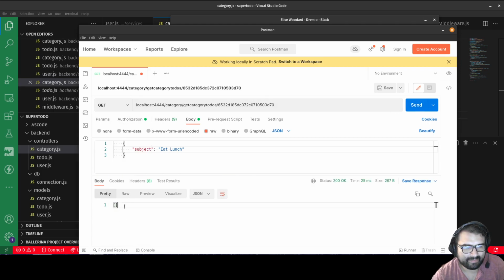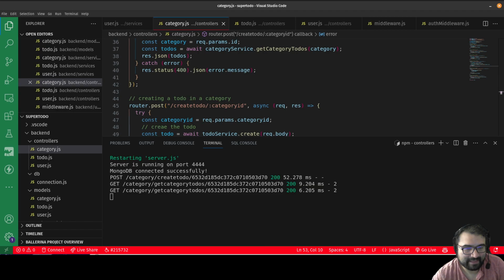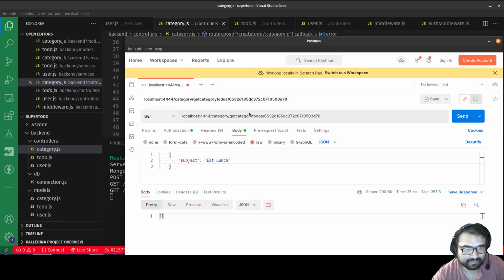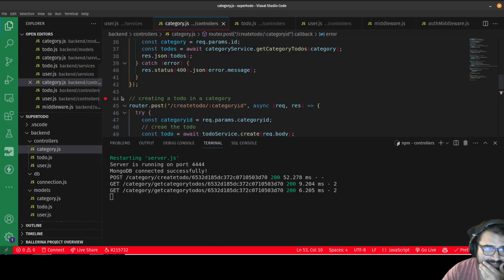See, I get an empty list of to-dos, which means when I did the post to create a to-do, that was not successful. So we need to examine that a little bit. Okay, so that's the post to create to-do. And we just need to revisit the logic, make sure that it all makes sense. So let's see here. If I take a look at this route,